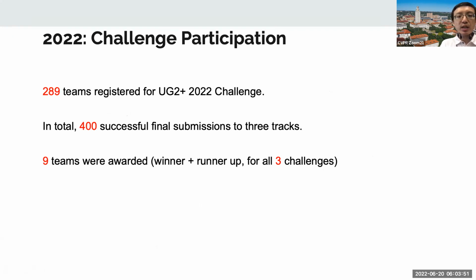We have 289 teams, about 100 more than last year. For final submissions, we have 400 successful submissions, almost double last year. We have 9 awarded teams, and we would like to share our warm congratulations to these teams.